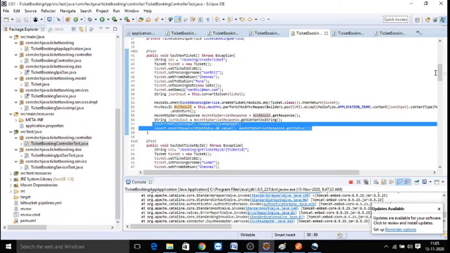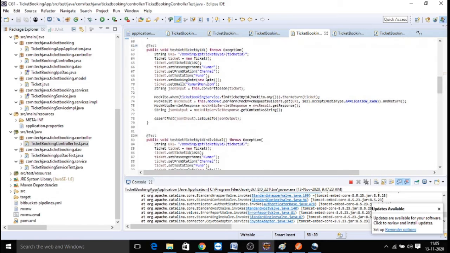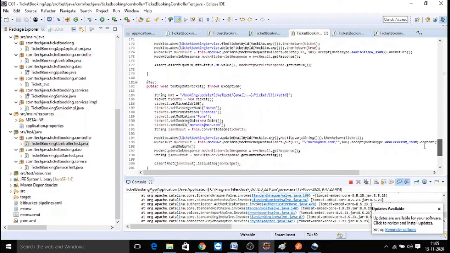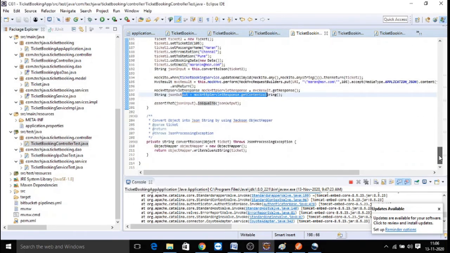Similarly for all the remaining methods, every time you take a MockMvc object, pass the appropriate URL for that particular method, check the status and the return type of your MockMvc object, and if it is matching, you can say that the test case is passed. You can test all the remaining methods similarly every time by making use of a URL, creating a MockMvc object, performing the method by passing your URL, getting the response type, the MVC result, and checking your MVC result as well as the response type. If both are matching, your test case is passed. That is how we write test cases for service, DAO and controller.